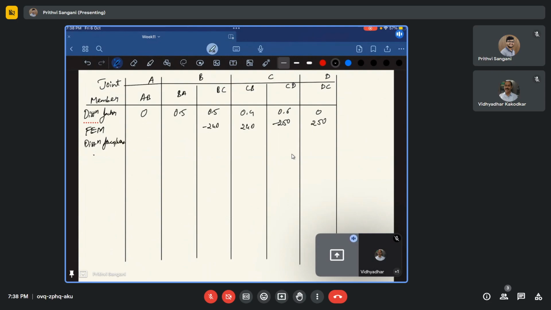So this is minus 240. So I need to apply plus 240 times 0.5. That is going to be 120. Okay, and the same thing. So you have 240 which you need to apply in the opposite direction, and that is going to be 120 here and again 120 here because it is 0.5 and 0.5. So same moments are going to distribute here. Fine. What is the next step? Next step is